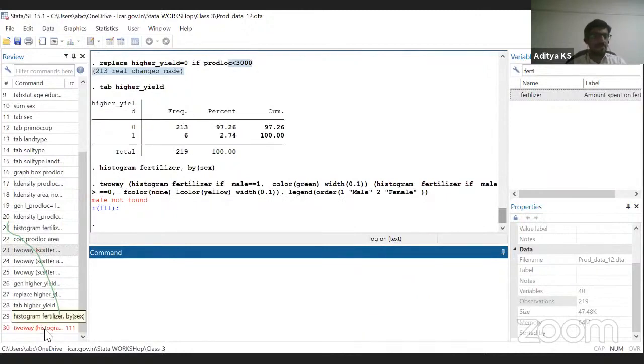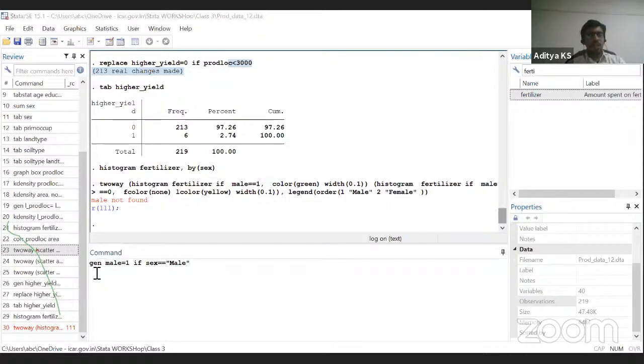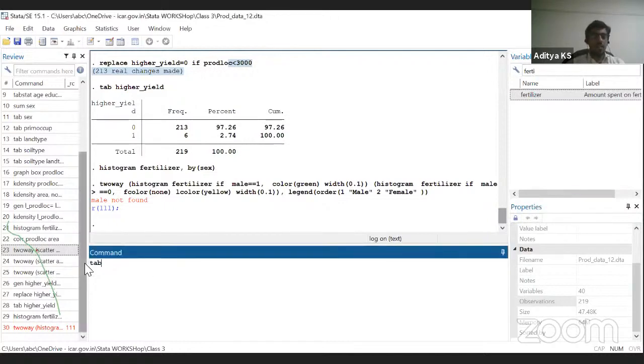I have not created the dummy variable for sex. Let me create it: generate male equals 1 if sex. Why is this command looking different to you? I have used the generate command earlier also, but why am I using quotation marks in creating this new variable? Because if you remember the tabulation that we have done,